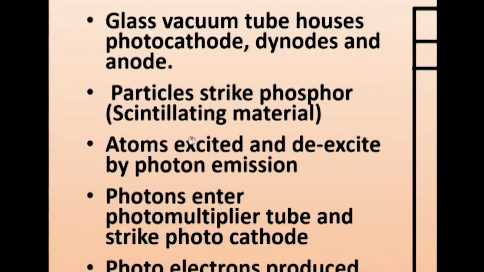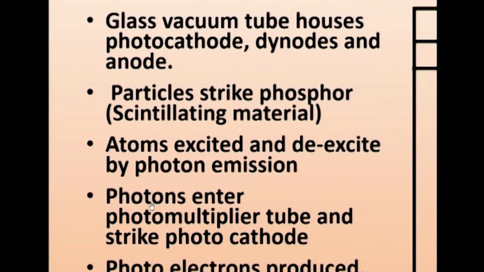See, for a scintillation material, how do you get light emitting? For example, in a tube light, when electron falls, the tube light becomes bright because there is a phosphor coating. Phosphor is a general word for any material which will give light. When an electron falls, the atoms are excited. It is not ionized, it is excited, and it will fall down. When it falls down, it will emit light. So atoms are excited and de-excite by photon emission. That is the work of the scintillator.